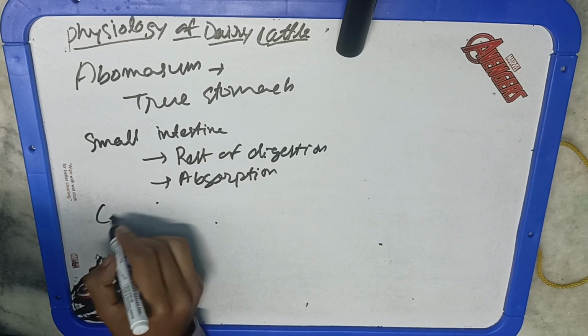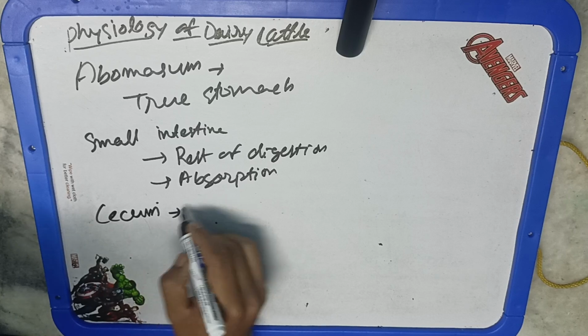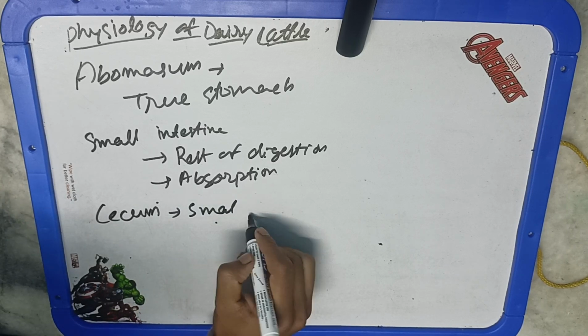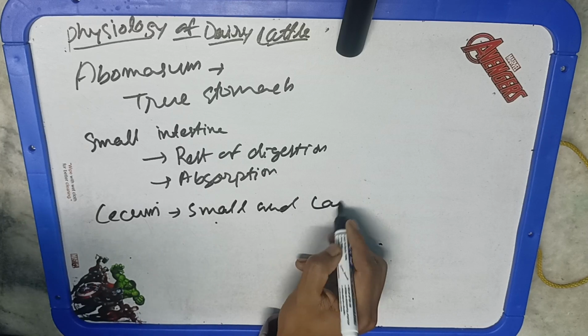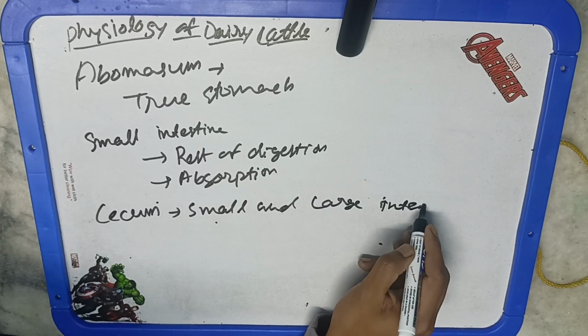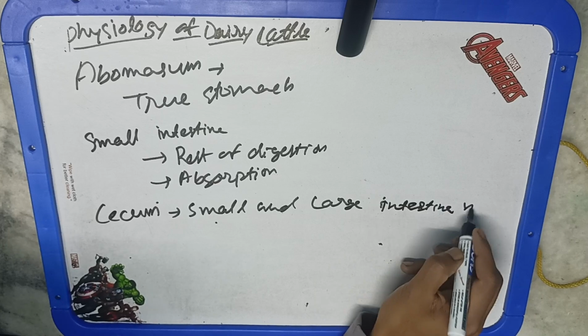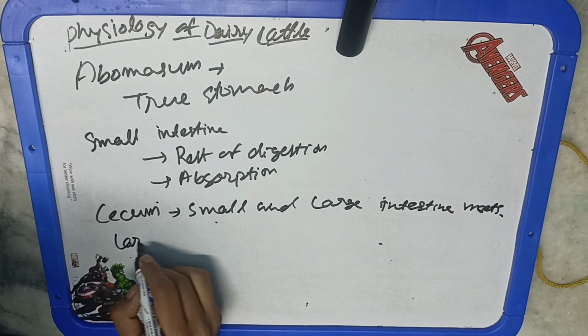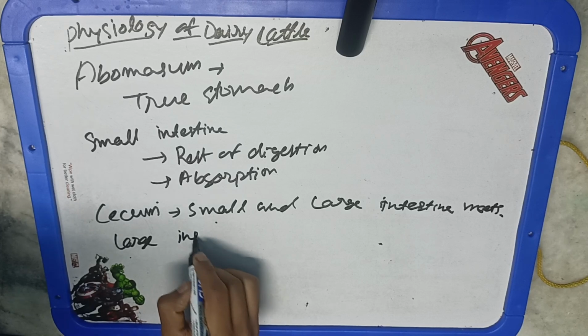The cecum is the large area where the small and large intestine meet. The cecum breaks down some previously undigested fiber, and the large intestine is basically passing the undigested feedstuff. Okay, and primarily, if we talk about it, only water is absorbed. Undigested feed, some excess water, and metabolic waste leave the large intestine as fecal matter. Okay, so this is the complete process.